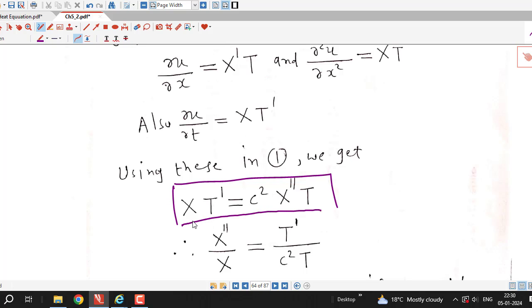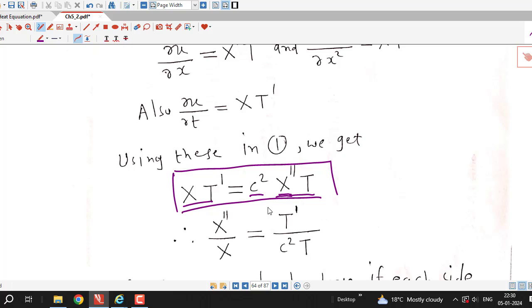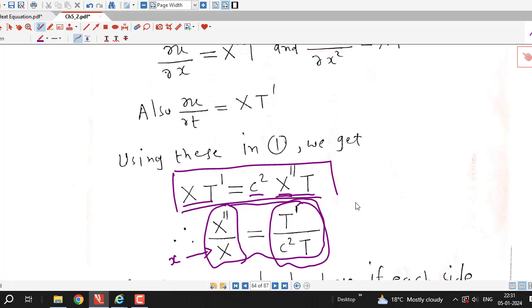∂u/∂t is X T', c² times ∂²u/∂x² is c² X'' T, and then we separate the variables and we have X''/X equal to T'/(c² T). Now X is a function of small x only, therefore this quantity is also a function of small x only. Similarly capital T is a function of small t only, therefore this is also a function of small t only,